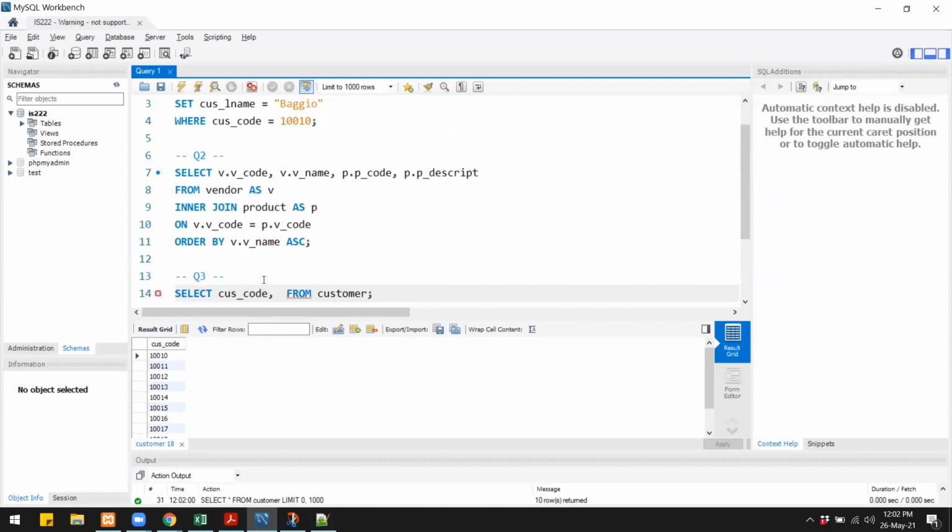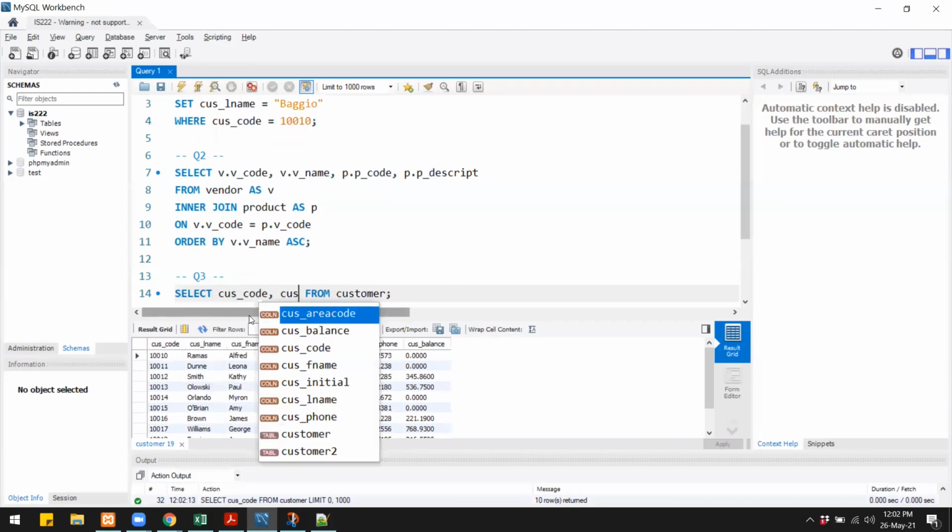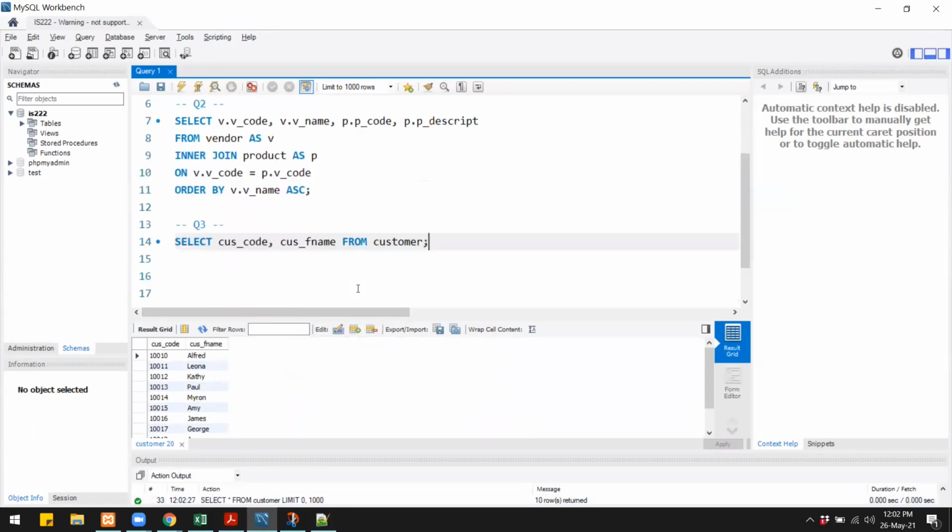So the name is not in one column. It is divided in multiple columns. That is first name, last name, and the initial. Now just to start with, let us select only the customer's first name, and then we'll join it up using concat. Right, so we have seen how to use concat in the previous lab. So I'll just write it down. So in here we want the customer's first name, then a space, then customer initial, and then the last name.